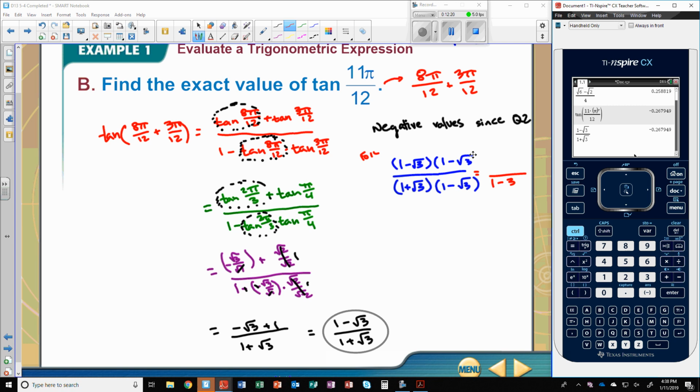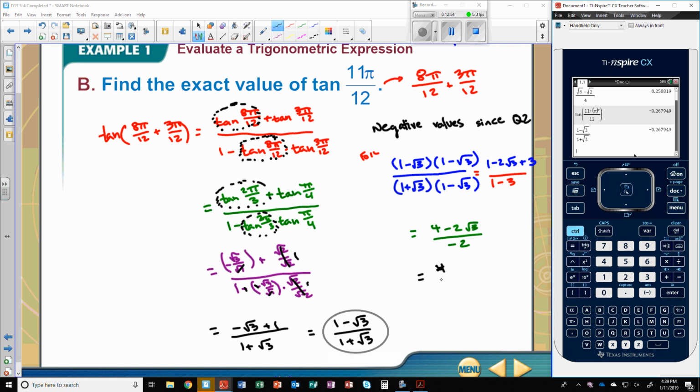That's your denominator. For the numerator, I would FOIL this out, and for the sake of time, I'm going to just go 1. This second term, the O and the I would match each other, so it would be negative 2 square root of 3. And then again, negative 3 times negative square root of 3 is going to be positive 3. I can simplify this and get 1 plus 3 up top is 4 minus 2 square roots of 3 over 1 minus 3 is negative 2. If you break those apart and simplify them,